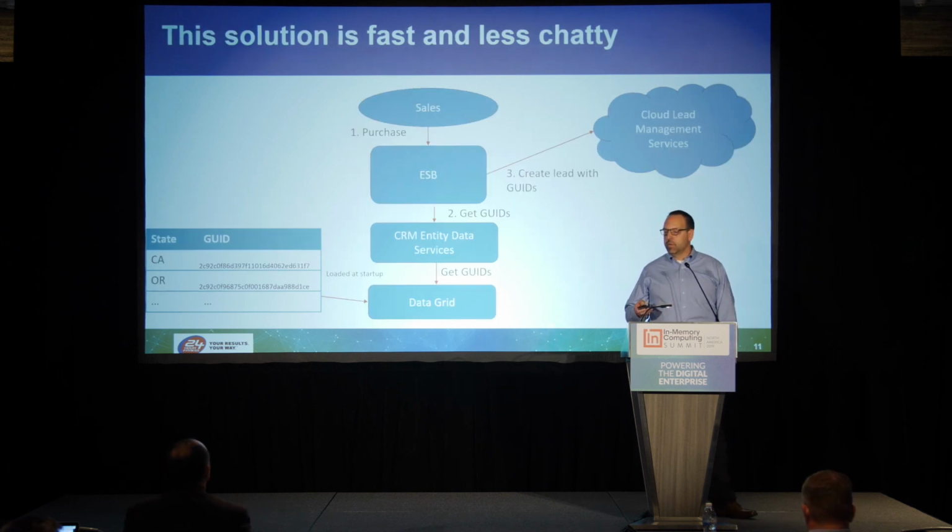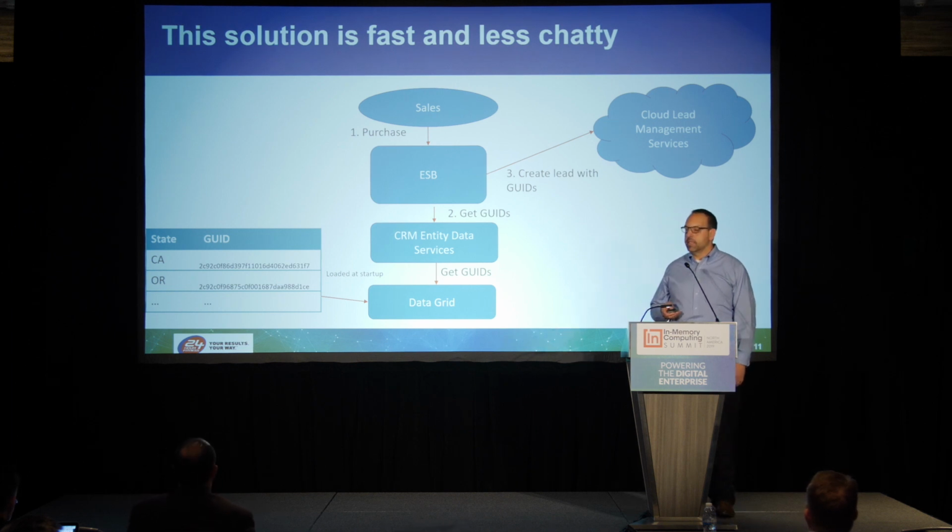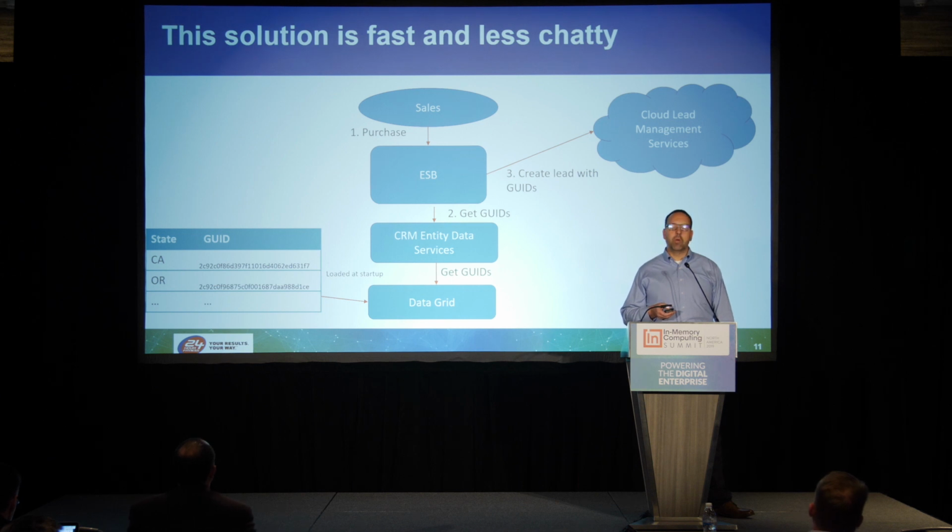We chose to store at startup all of those GUIDs for the states, for what club, because you have to translate our club numbers to a GUID, and then about 8 other things it wants GUIDs for instead of the actual human readable thing. So we load those at startup, and then we simply pass in those human readable things, get back the GUIDs, and now you can see we are making one API call.